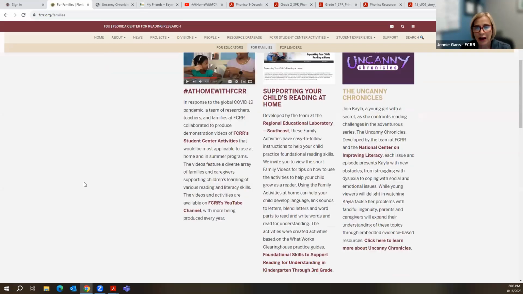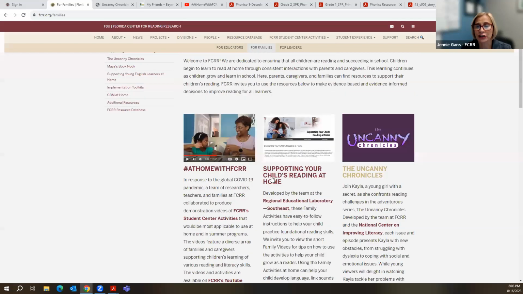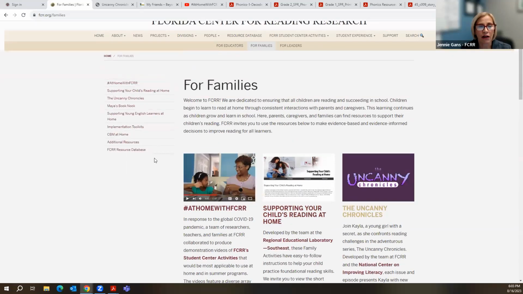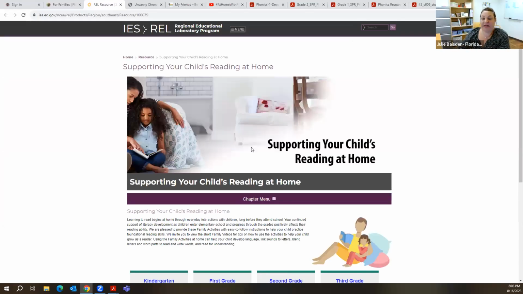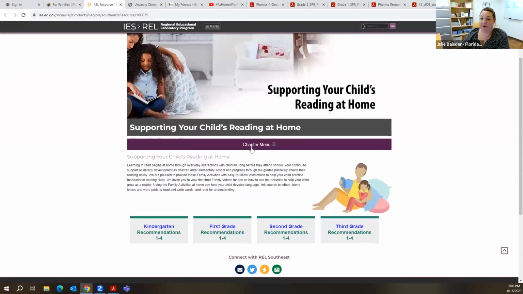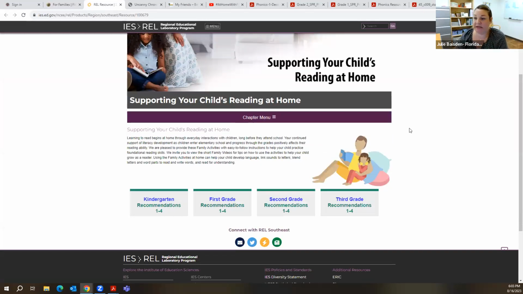We also have supporting your child's reading at home. These are, as well as supporting young English learners at home. These are some of those toolkits, if you will. Yeah, and a lot of the information in these toolkits can be overwhelming. If you were to send this entire link home to parents, they would immediately delete it. This is probably too much to send home, but this is a great opportunity to pull snippets out and send